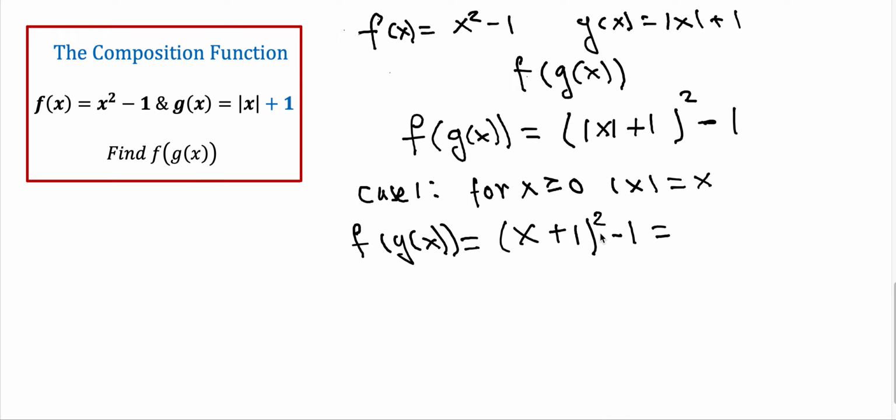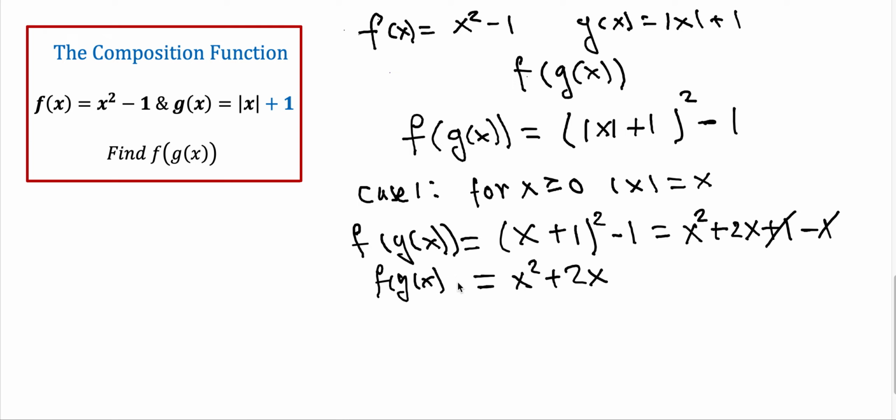If I'm squaring this x plus 1, it is going to be x squared plus 2x plus 1, and this minus 1 is outside. So those two I'm going to cancel, and everything is going to be equal to x squared plus 2x. So f of g of x is going to be equal to x squared plus 2x